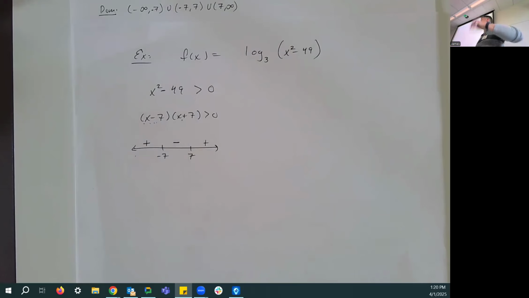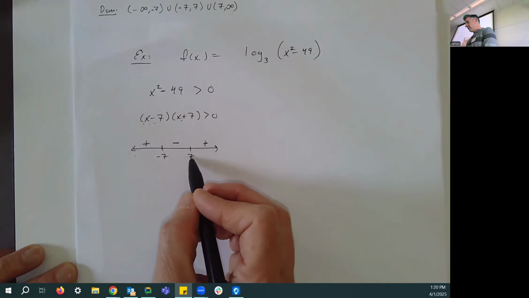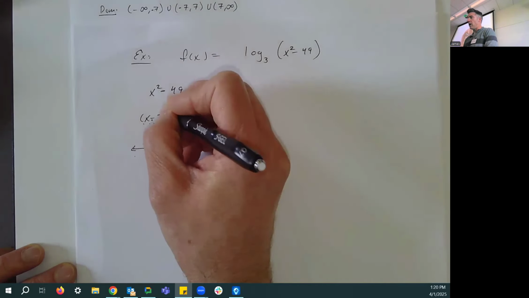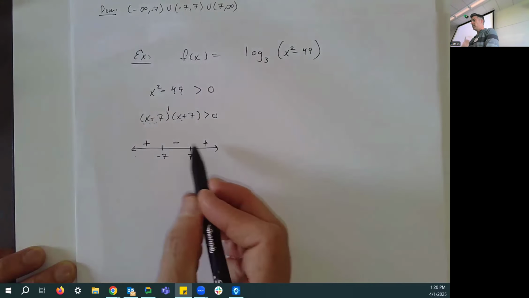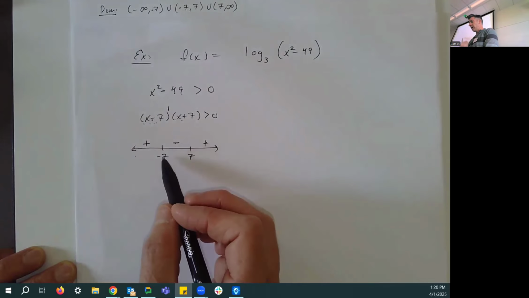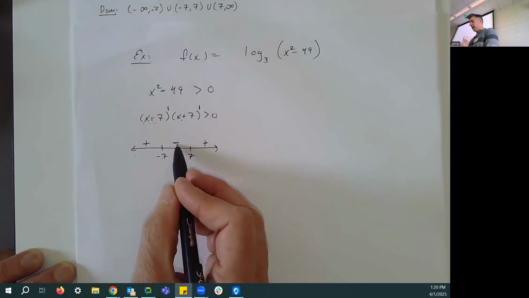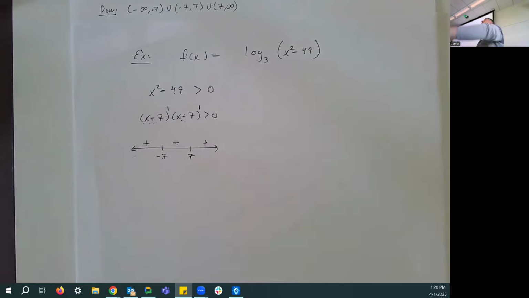There was something else. Oh, I know what it was. Another way people do this, instead of plugging in point after point after point, which can be tedious sometimes, especially if there are more factors, is to plug in the first number here and get a positive. Then this 7 came from that factor. That factor has an odd power of 1, and when the power is odd, the sign changes from positive to negative. Same deal here. This negative 7 came from this factor, which has an odd power as well, and as we go from this side to that side, the sign changes. I'll do another example like that to show more what I'm trying to say.